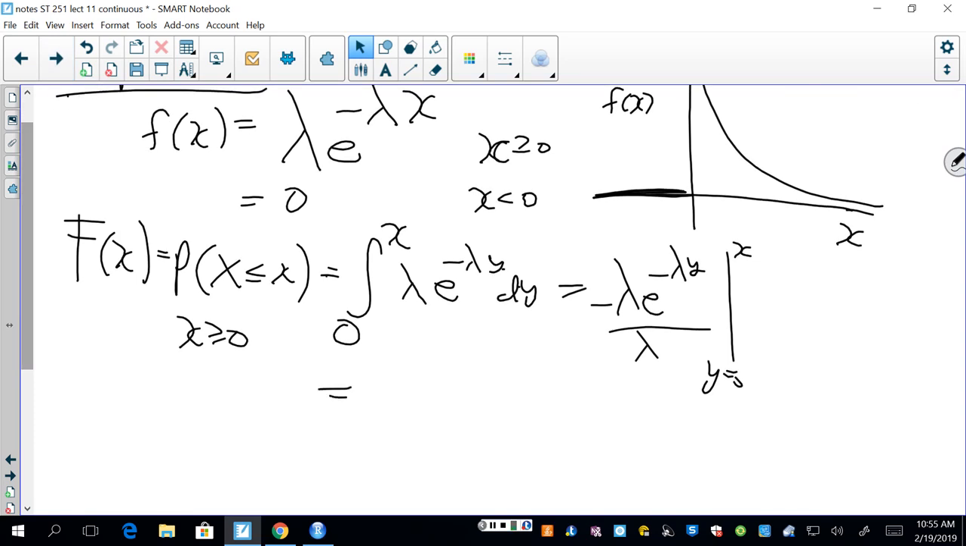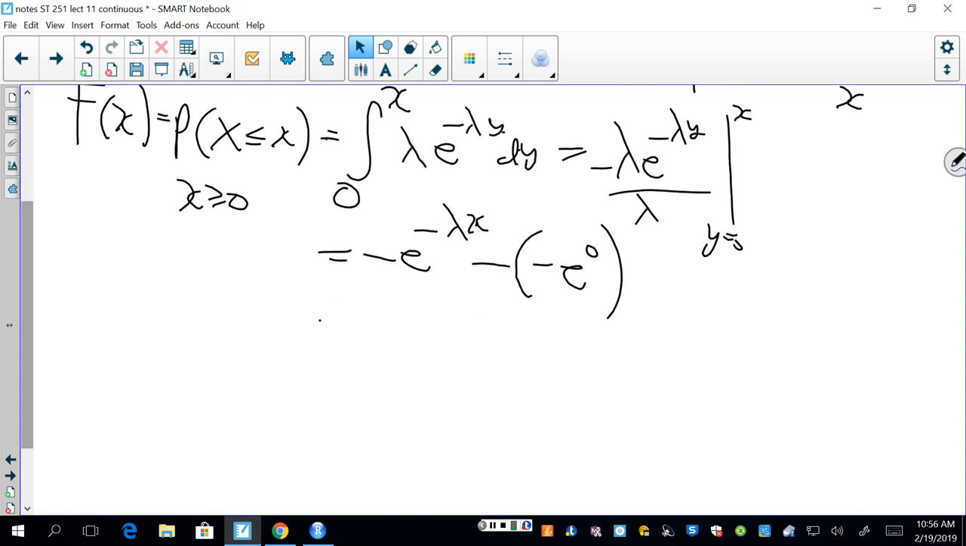So if you get rid of the lambdas, you get e to the negative lambda x in here. And then it's minus, there's minus e to the 0, because y is 0 at the lower side. So it's negative e to the negative lambda x plus 1, or 1 minus e to the negative lambda x. And that's the cumulative distribution function. So that's the probability that